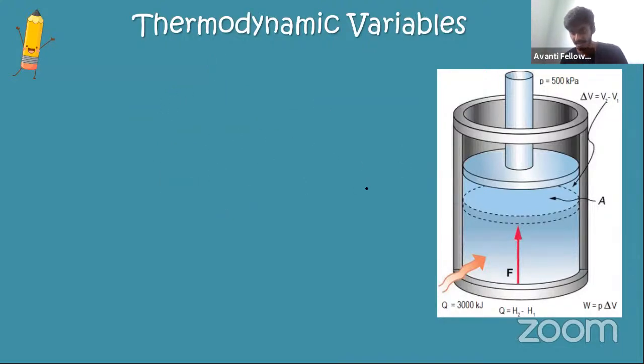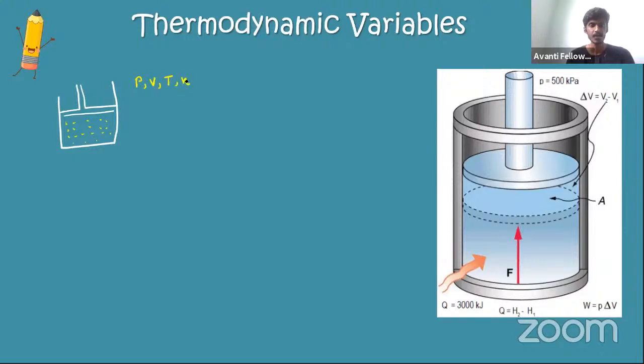Am I clear? So now I'm taking a regular cylinder, and there is a piston too. Nothing to worry about. This empty space is filled by gas now. So there will be pressure for this gas, volume for this gas, temperature for this gas, and quantity given by n of the gas. So simple. These are very basic terms.